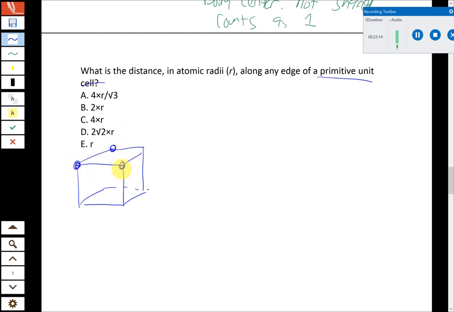So a primitive cubic cell would look like this, where you have your cube and you just have 1 atom in each corner. Now the reality is it's convenient to draw them like this with a lot of space in between the atoms to easily visualize where they are in the cube, but remember that these atoms are going to pack as close together as they can until their electron clouds basically are up against each other. So if we look at a face of this primitive cubic cell, we see that there's 1 atom in each corner. And so if we draw just 1 square face and then we put an atom in each corner,